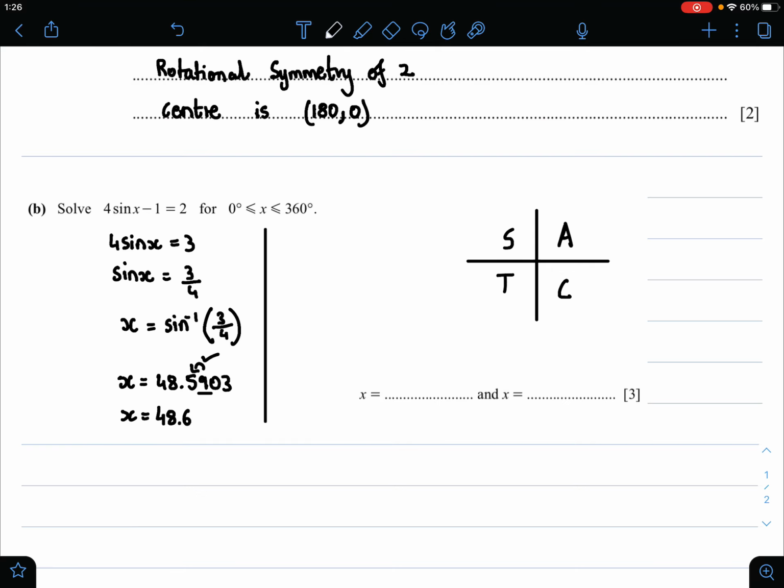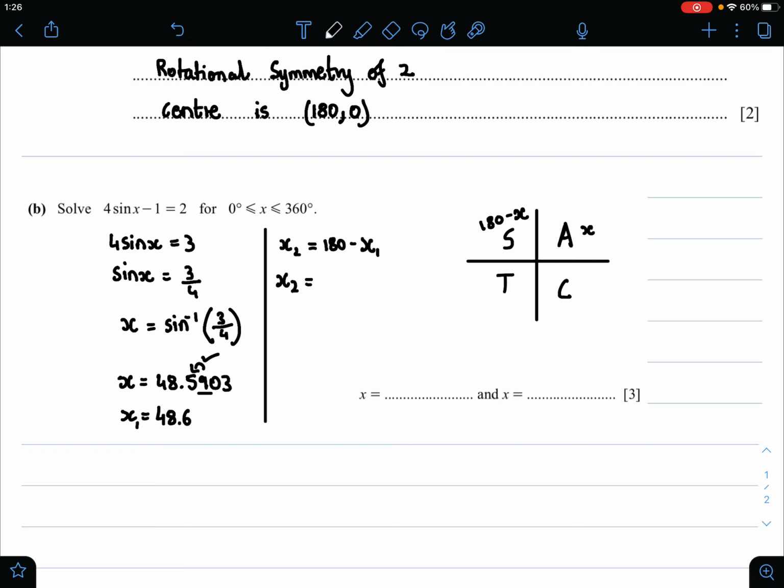Now to find the second value of x, you need to see where else sine is positive. So sine is positive in the second quadrant, and in the second quadrant the value would be 180 minus x. So to find the second value of x, we can label it as x2 for now, is equal to 180 minus x1. So x1 is the value that we found as 48.6. So all you need to do is input